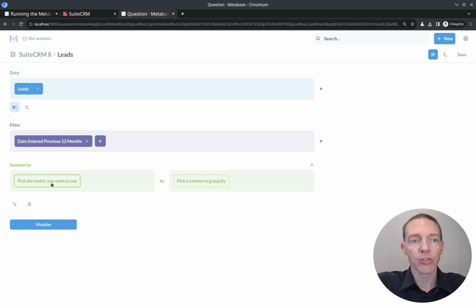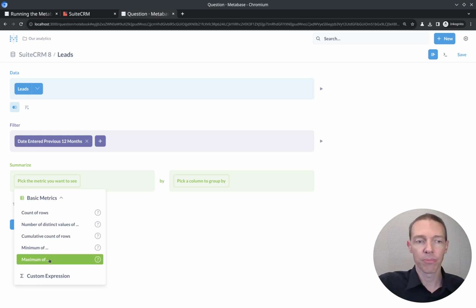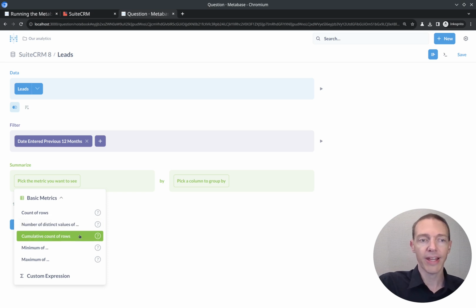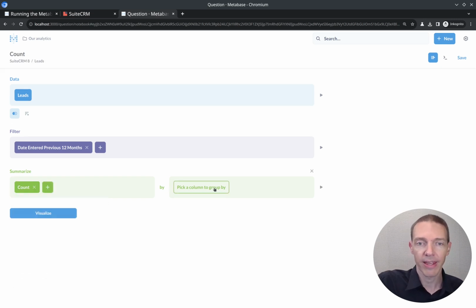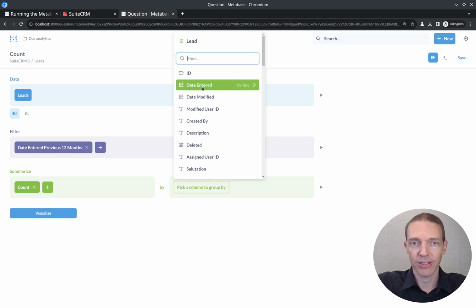And now I want to pick the metric that I want to see. I want to see the count of rows. You can do a minimum as well, like what was the smallest amount of budget that a lead has entered on the website, or maximum amount of budget. You can do distinct values, cumulative count of rows, but for now we just want to do the standard count of rows. And we want to group it by, and very easy again,